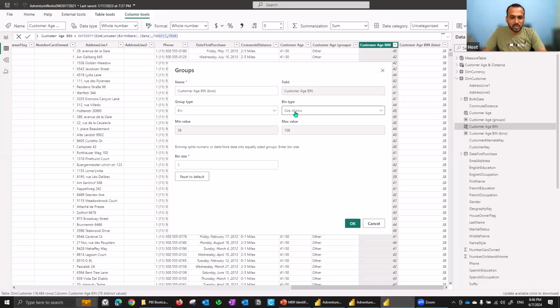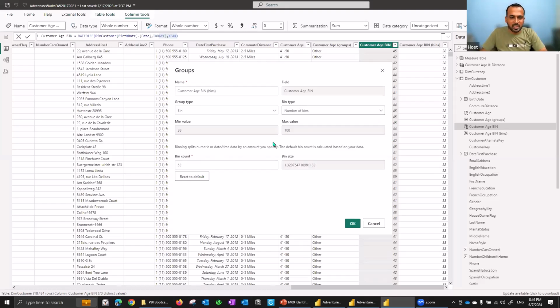So how do you want to split that, the number of bins here. Binning splits numeric or date time into equally sized groups; enter the bin size. So how do you want the bin size to be? If you specify this to be 10, then each bin will hold 10 numbers, because you selected size of the bin. So 10 values will be stored in that particular bin, and it's going to store that information as a separate column. Whereas if you convert this into number of bins,